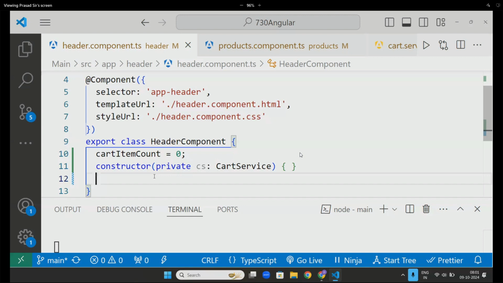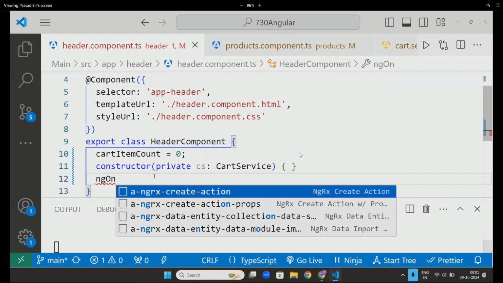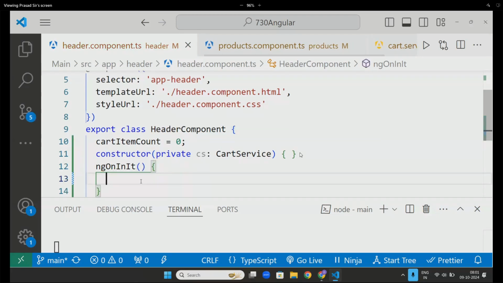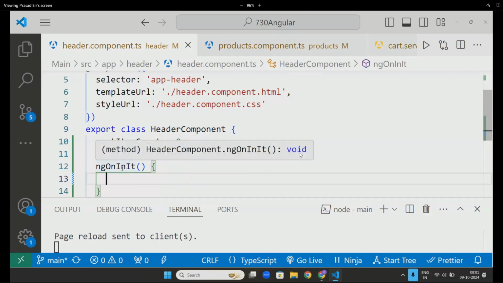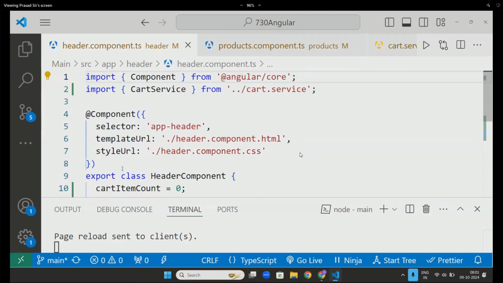Now I am using something called ngOnInit. For the persons who do not remember ngOnInit, it is a life cycle method which will run whenever the component starts. Whenever the component starts, it will work.